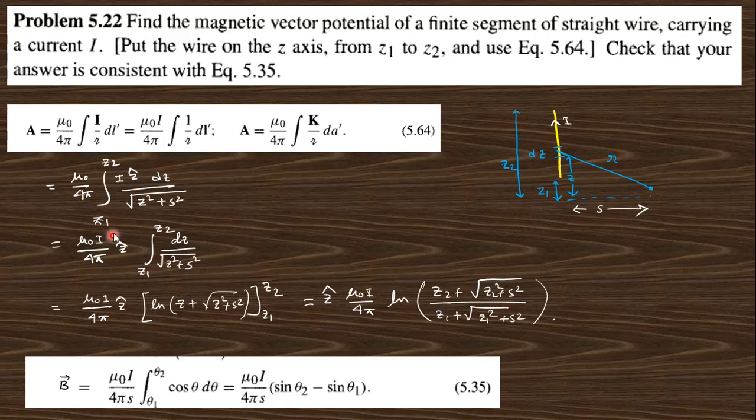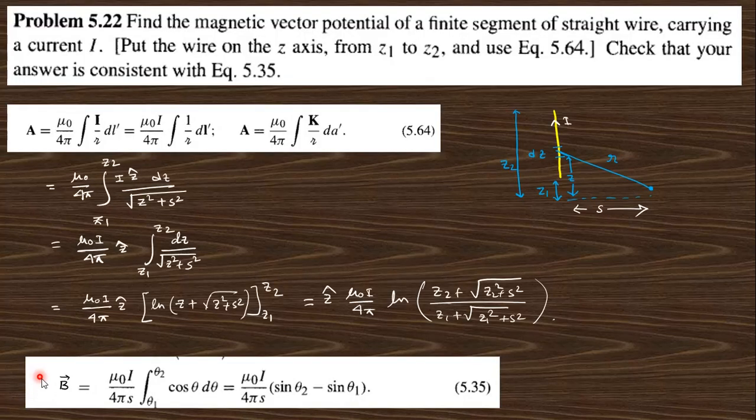So this will be just taking this formula and integrating from z1 to z2, we get this as a ln of that. Putting in this value, we get this one. Hence the magnetic field will be nothing but mu 0 I by 4 pi s, like that. So actually here we find out when we're carrying the current I.